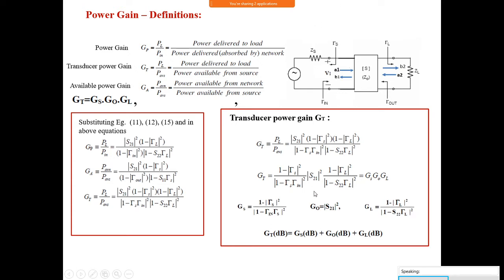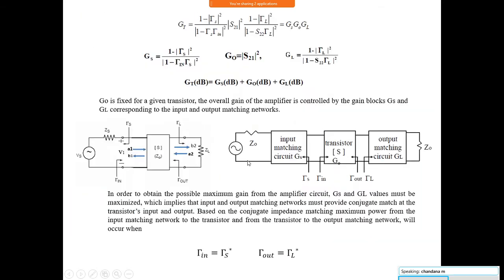If you want a higher value of gain here, GS and GL, if you want GS equal to some value other than 0 dB, similarly GL other than 0 dB, we should put an impedance matching network here. So it is like this. You see, this is the system. If it is 50 ohm and you simply use it like this, GS is 0 and GL is also 0, you do not get the GT that you need. So we have to insert a matching network like this.